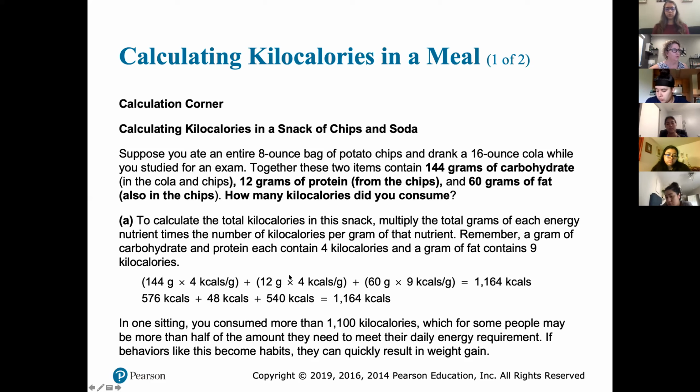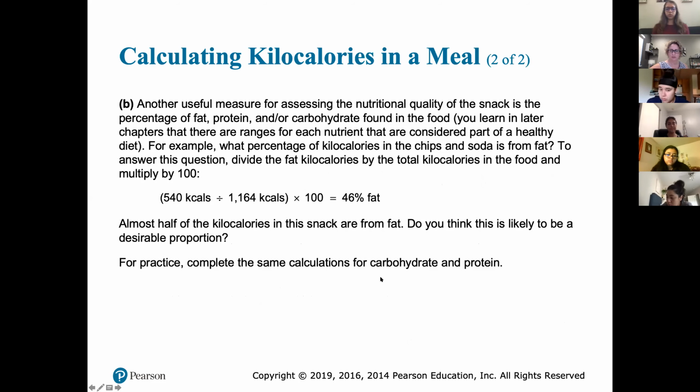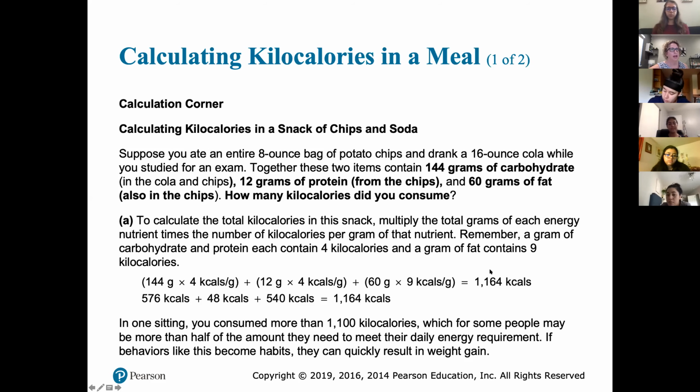576. You do the same thing for what? What is the 12? The 12 is the protein, and then this is the fat, right? And remember, it's 9. Okay, that's how come I knew that one was fat right away, besides going up and looking at it, is that because it was the 9. So, all right, that gives me a total of almost 1,200 calories, so 1,164 calories, just from